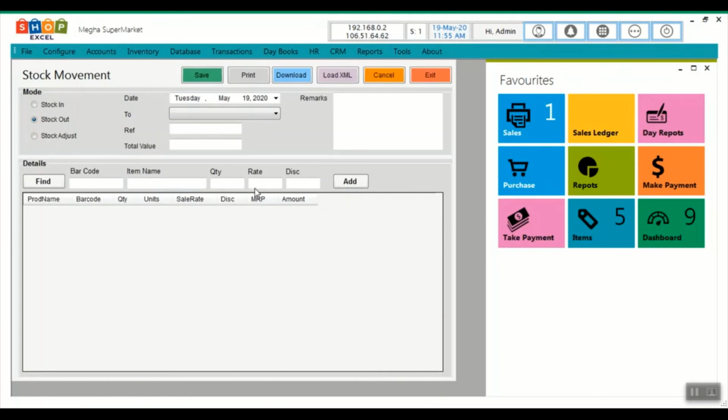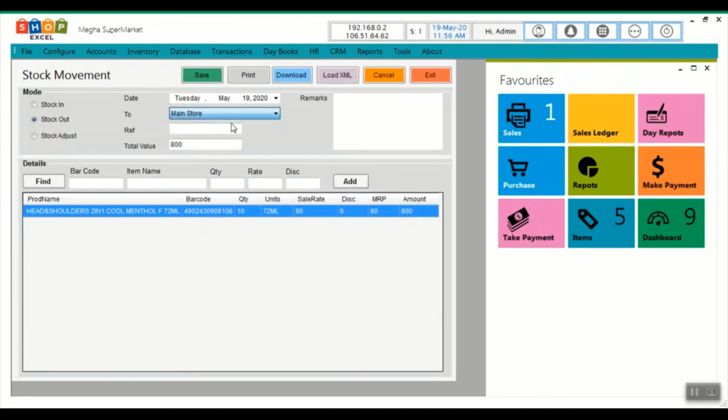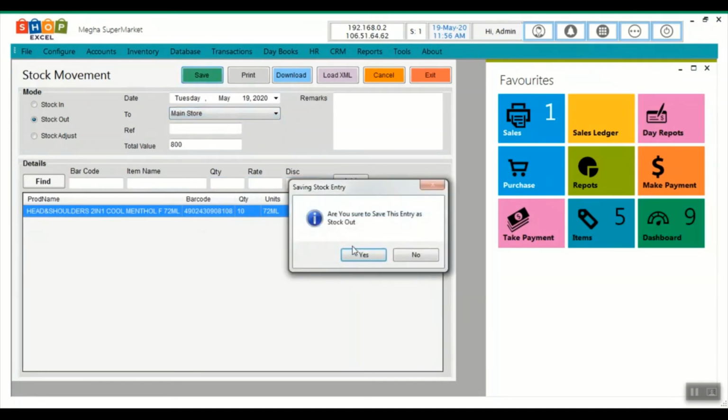You can transfer the stock if you have another store nearby. Stock in, stock out, you need to select the item over here. Suppose you are doing stock out, select the item which you are sending. Suppose you are transferring this item, 10 quantity, select the quantity as 10, click on add. To the main store you are sending, click on save.